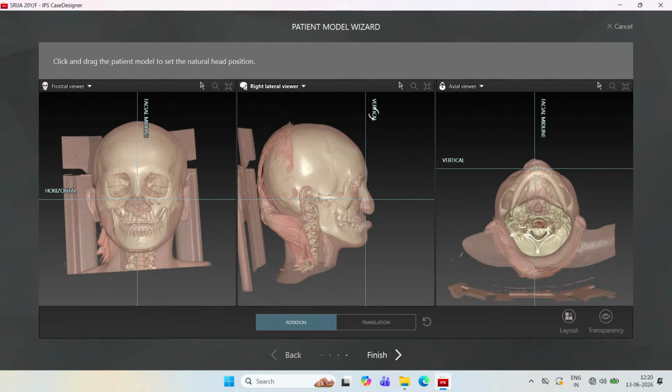And here the vertical line and the vertical line here can be positioned along the,